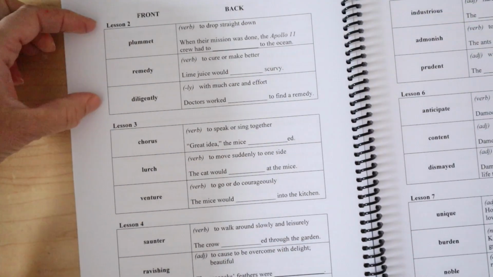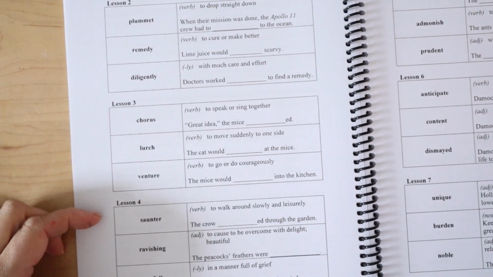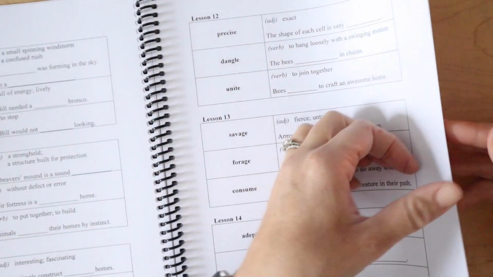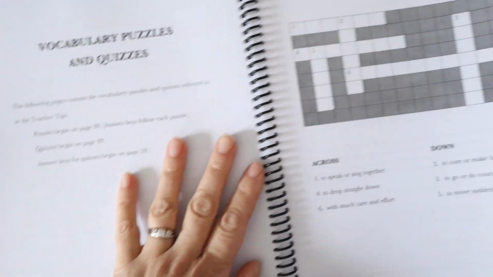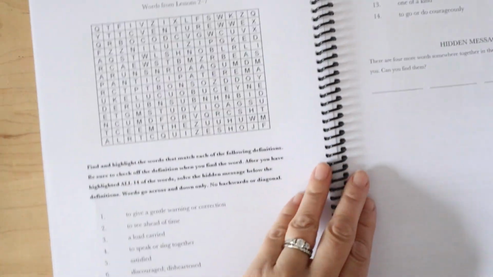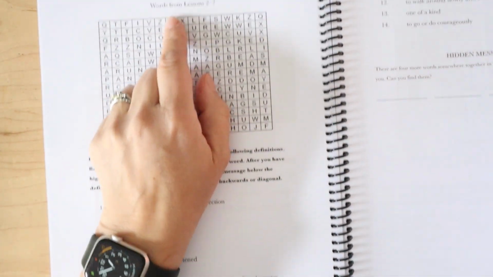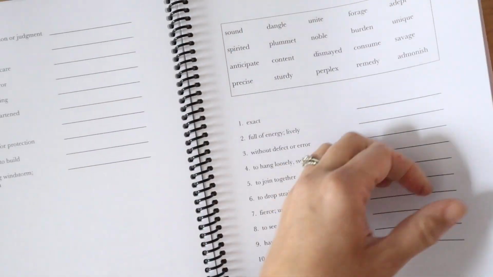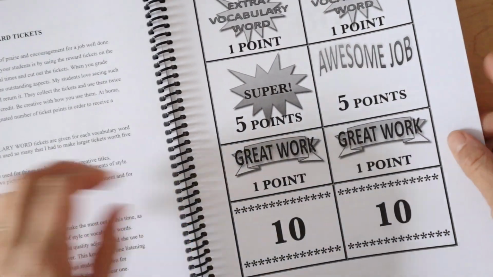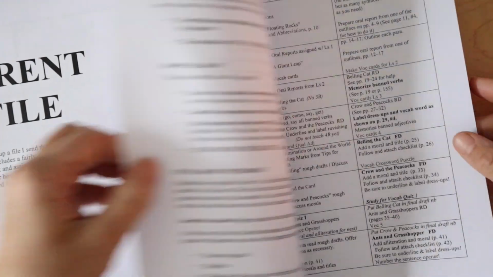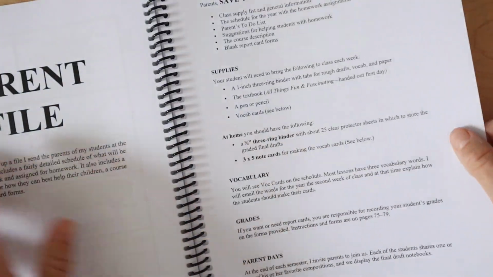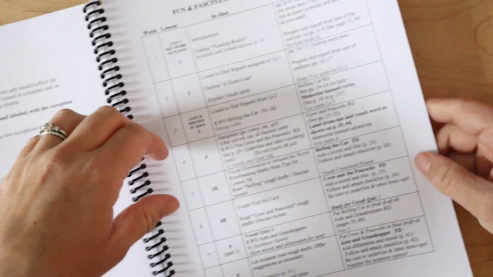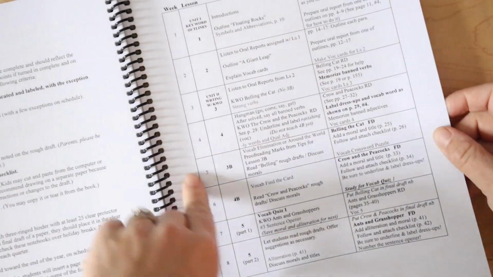And so we have different words from each lesson that you can use for vocabulary. So the words are here, and then they have little activities and quizzes that you can assign, and a lot of them are grouped together. So this is words from lessons 2 through 7, 2 through 7 more, okay, lessons 8. So it really just depends on the lesson. There's more information on parent scheduling in here. So if you're doing a year at a glance, week 1,